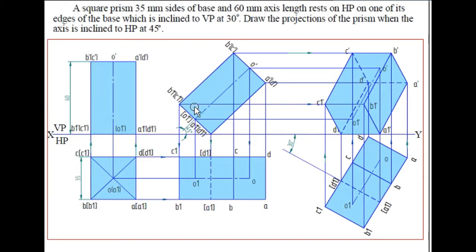Okay, so after getting this view, the naming will be retained. Whatever the naming is there here, the same thing will be retained at the bottom face as well as the top face. Next, the projection lines will be drawn downwards.